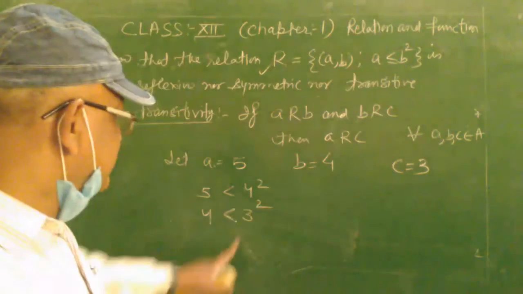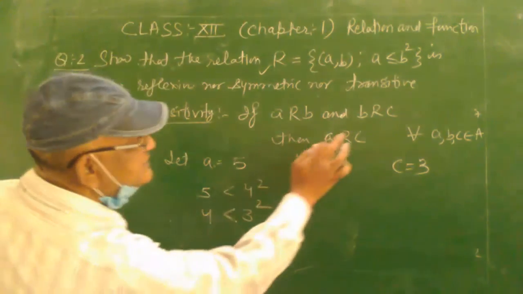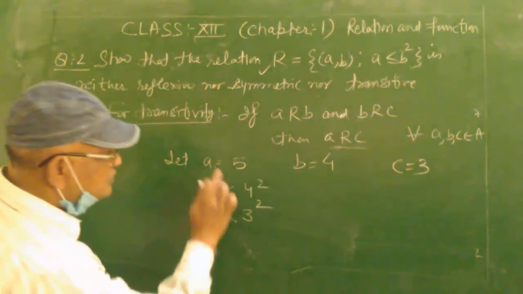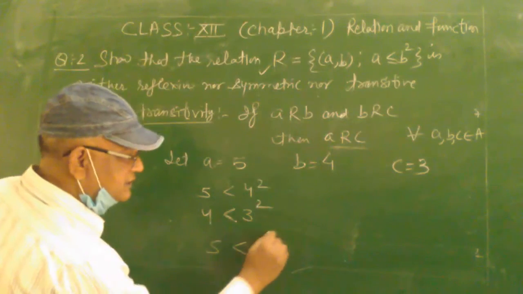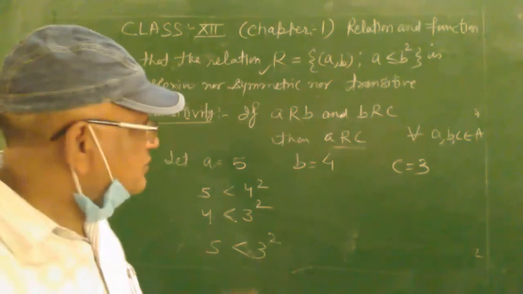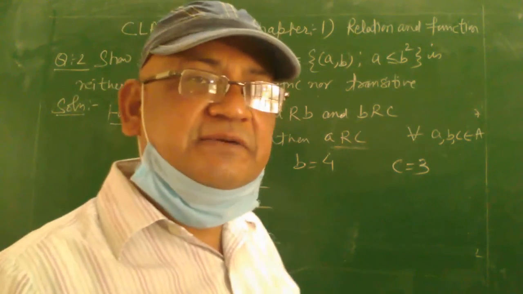3 square is 9. So 9 is greater than 4. On this behalf, you are taking AC, as we have related AC. तो A का वैल्यू आप 5 रख रहे हैं. Now just putting 3 square. तो ये भी आपके पास स्टेटमेंट ट्रू आ रहा है. इसका मतलब ये ट्रांजिटिव है. तो इस तरह से आपको यहाँ पे एग्जाम्पल सेट करने हैं कि आपके पास ये ट्रांजिटिव ना हो.